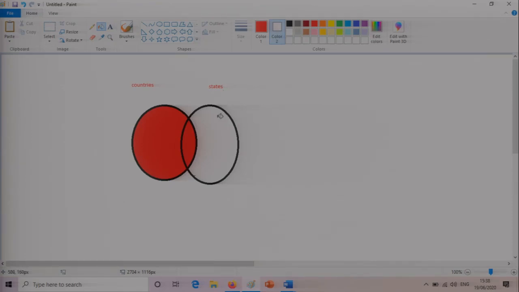Oh no, somehow it's not working, so let me try something else. Let me just fill blue. It's filling. Okay, this is what it is.